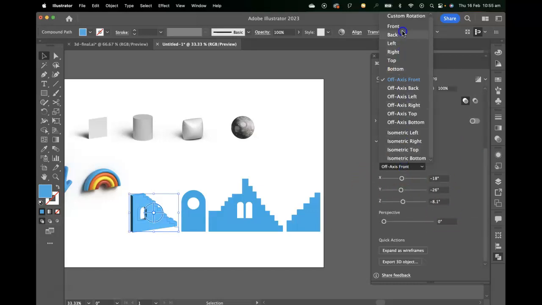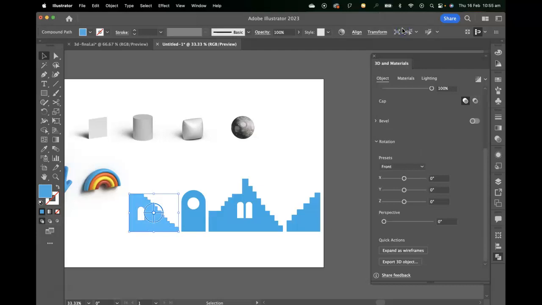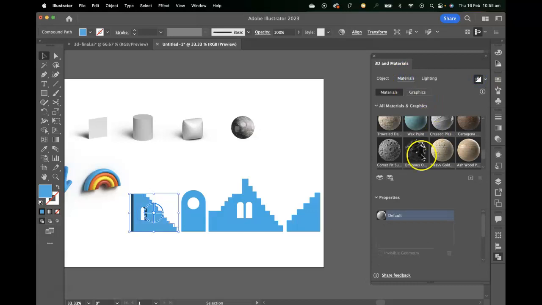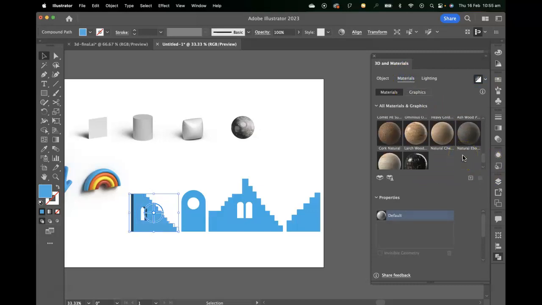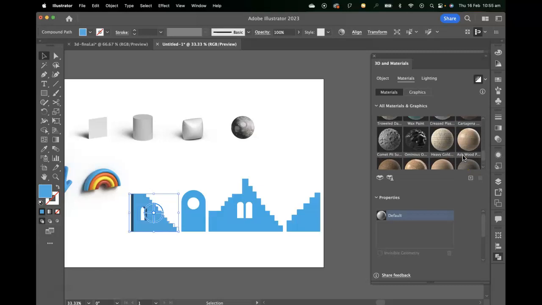Just to start with, we'll pop everything to the front, and we might just spin it around minus 30 on the y-axis. Just to get started, we'll look at the objects front on. Now, let's click over, we'll turn on the ray trace, and we'll click over to materials, and I want to find a specific material in here, which is called,